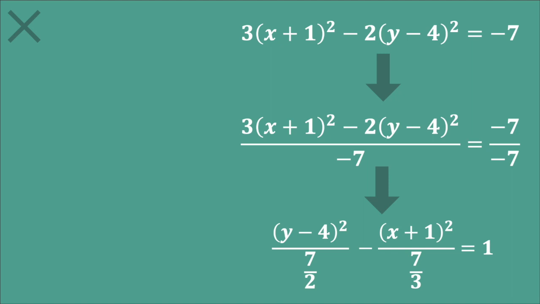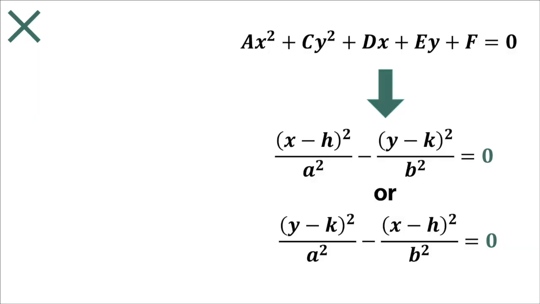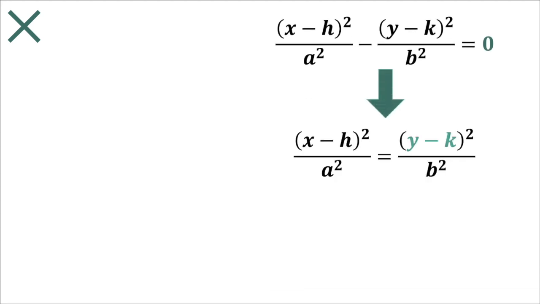So as you can see, unlike in the ellipse, whenever it is equal to a negative number, it would not necessarily mean that it is an empty set. Rather, we could just easily manipulate it to make it equal to 1. However, if the given equation turned out to be 0 after some algebraic manipulation, then what can you say about this? We know that if the difference of two numbers turned out to be 0, then those two numbers must be equal. So if we choose this first standard equation right here and manipulate it such that we transpose it to the other side,